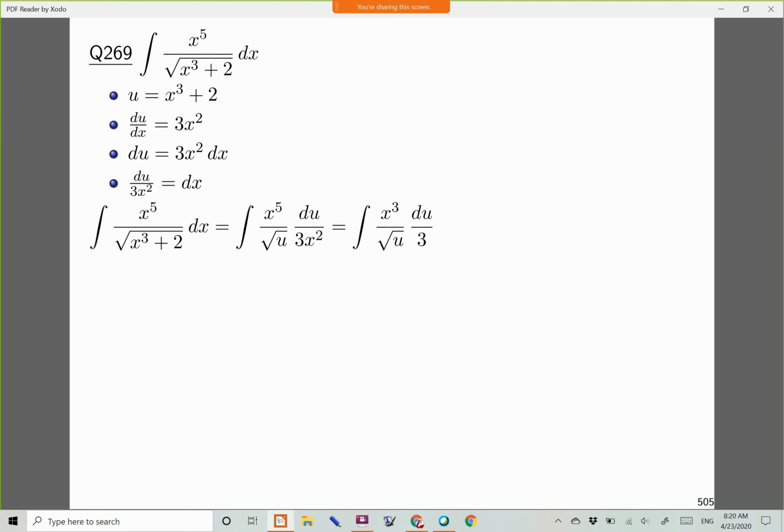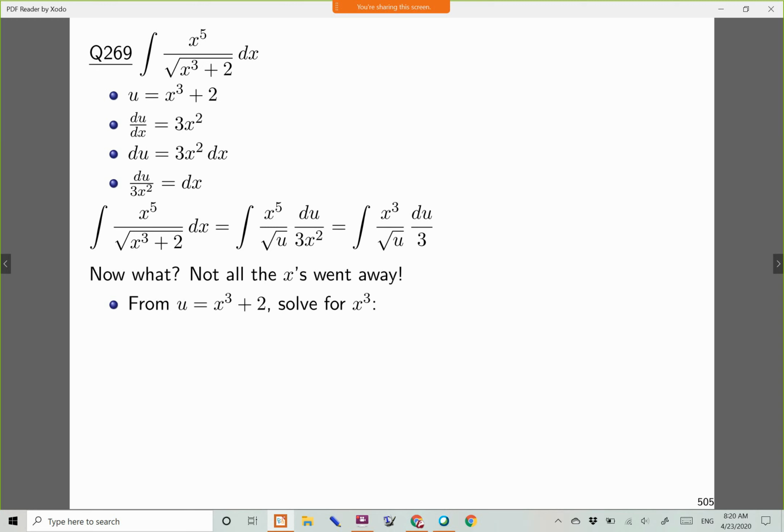So I dealt with that x cubed by taking u equals x cubed plus 2, subtracting 2 on both sides, and then you can replace the x cubed with u minus 2. And so then,